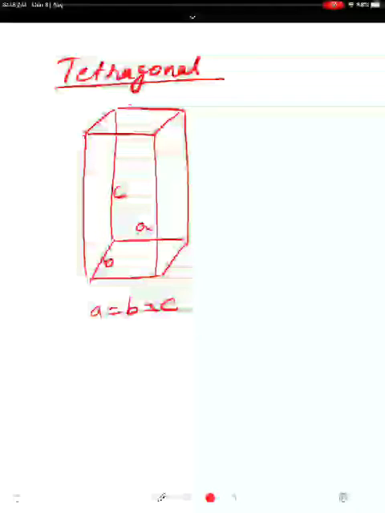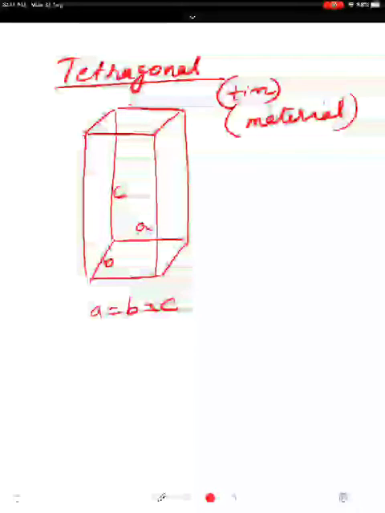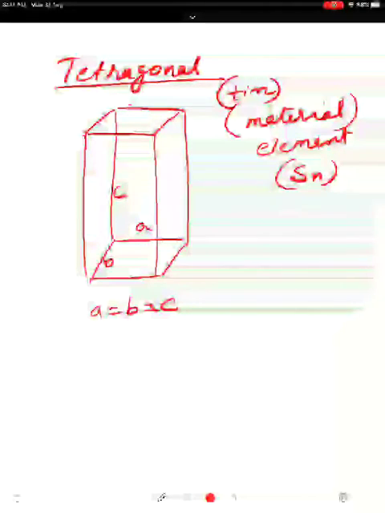What you have seen, atta paper, this is tin, white tin. We call it tin. Tin is not in the form of a box. Tin doesn't mean a box. Tin is a material. For us in chemistry, tin is an element, which we call SN, tin. So if you take one piece of tin, that is made up of many unit cells, the shape of the unit cell or the crystal system we call tetragonal.